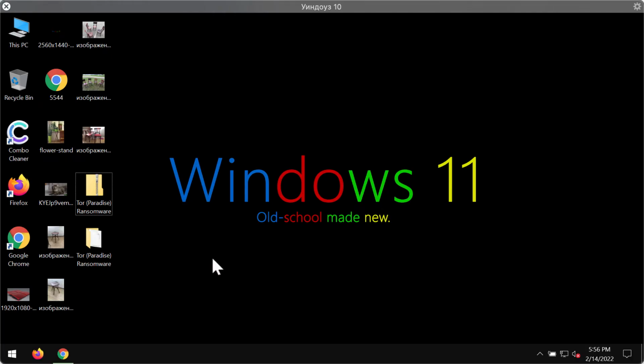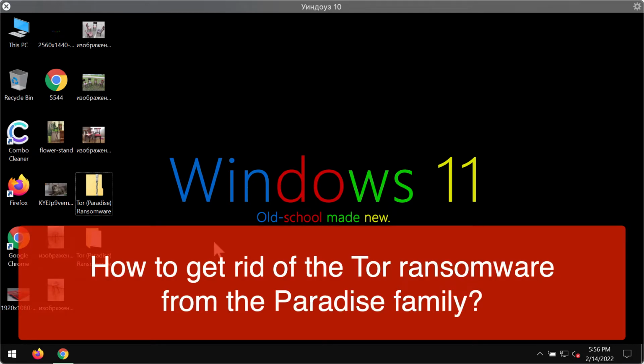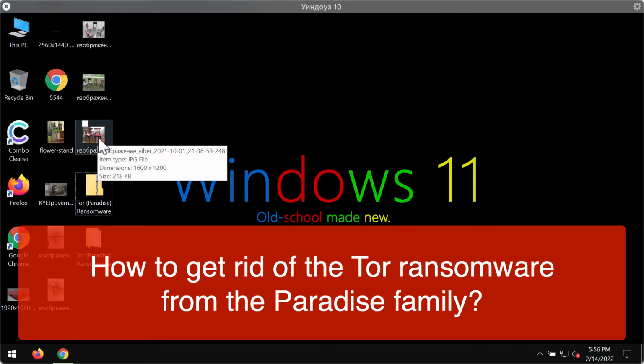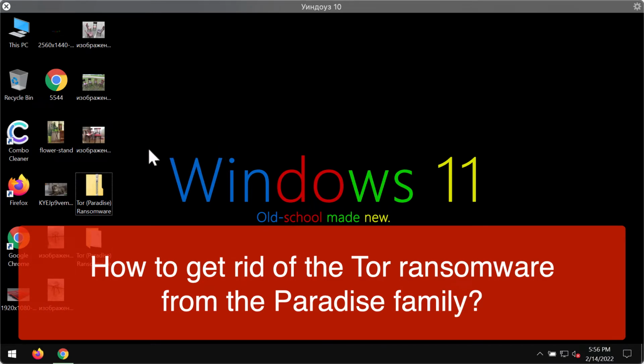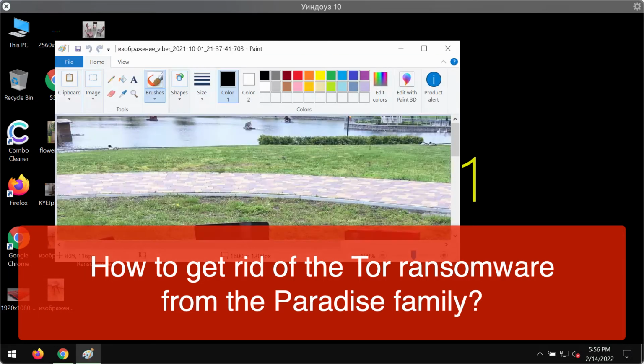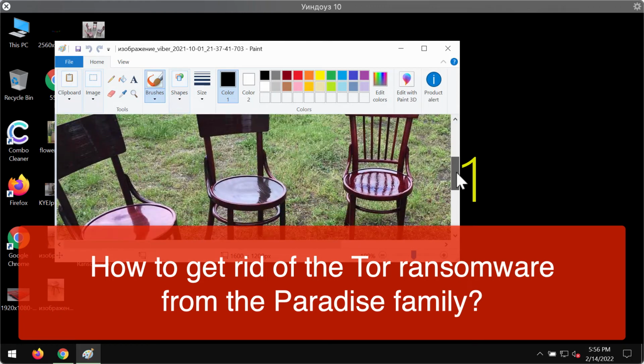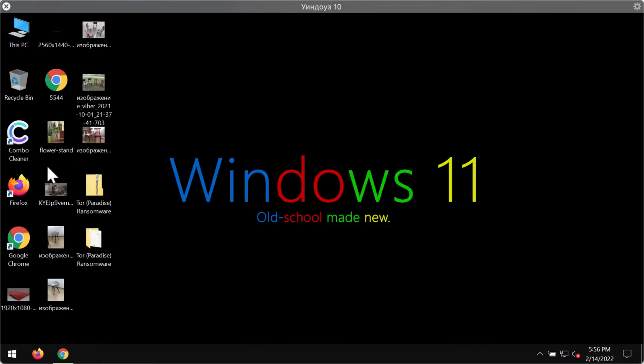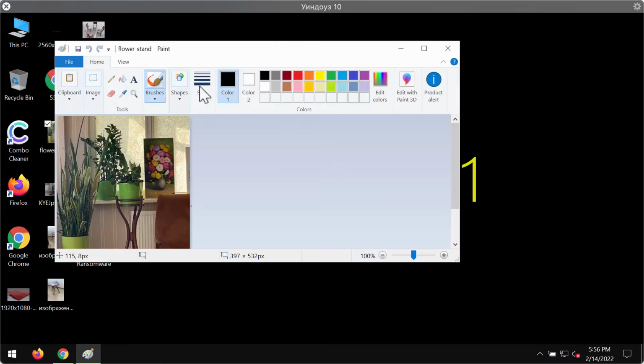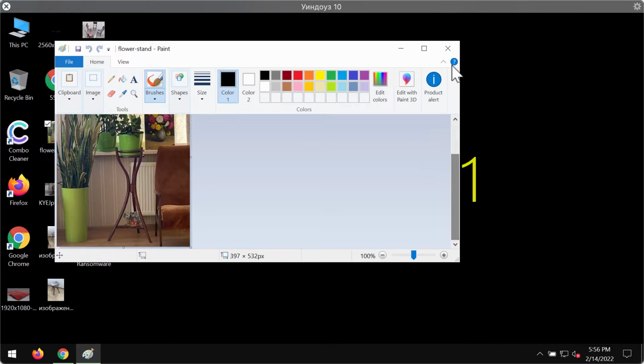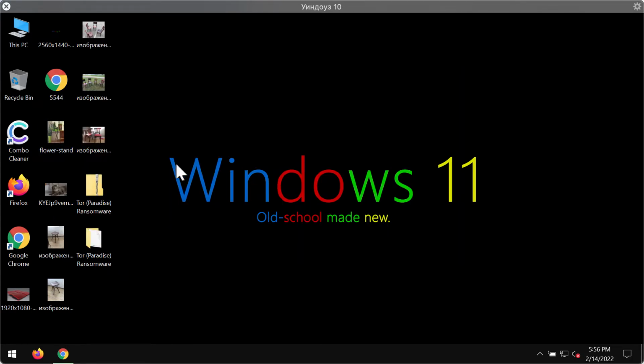This video guide is dedicated to help you get rid of the ransomware that is called Tor. It is from the Paradise ransomware family. This particular ransomware is able to essentially damage the files that people store on their hard drives. Before the ransomware attack, of course, there are no problems opening any file types, including pictures, music, Microsoft Office, documentation,